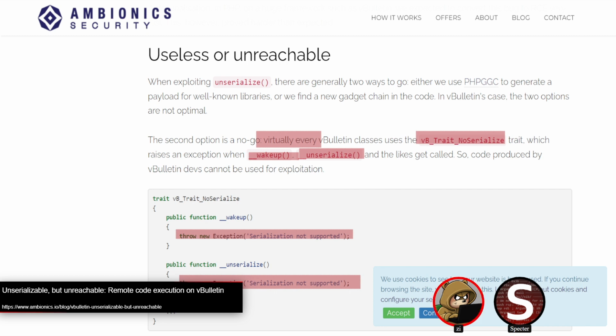Which are two of the magic functions, which are called when you unserialize or try and instantiate a new object from a serialized state. So, I didn't even know you could do that in PHP, to be honest. I think that's newer than from when I used to work in the PHP 5 days. Nonetheless, it's interesting to see them doing that because that takes away a lot of the attack scenario. But